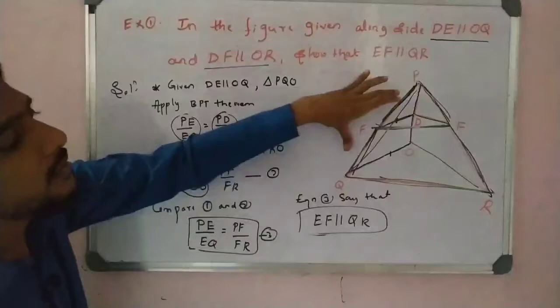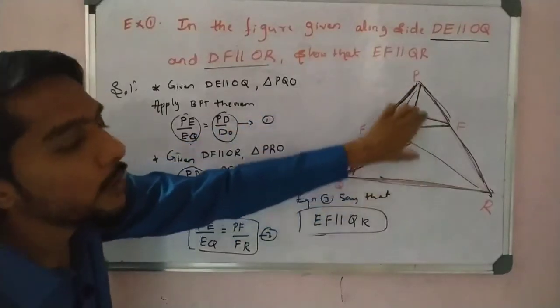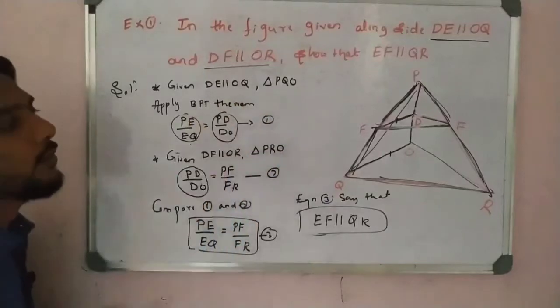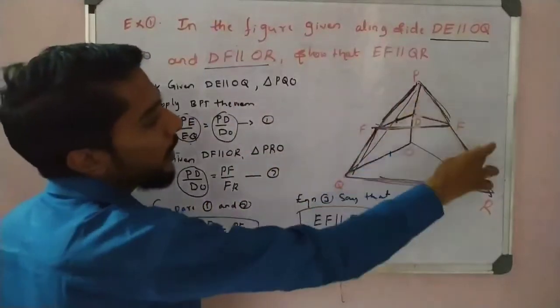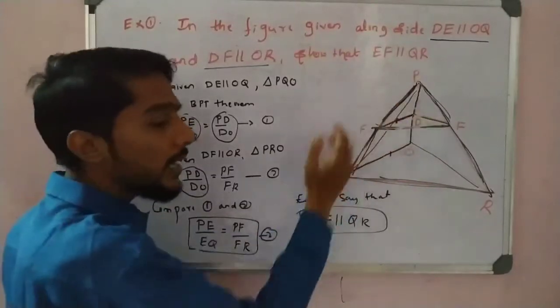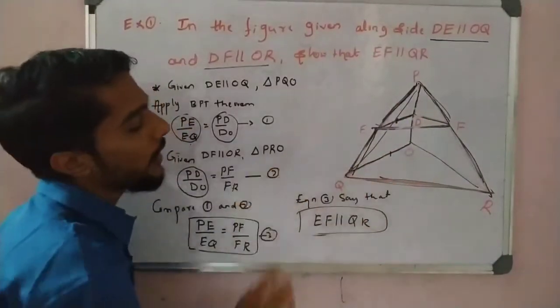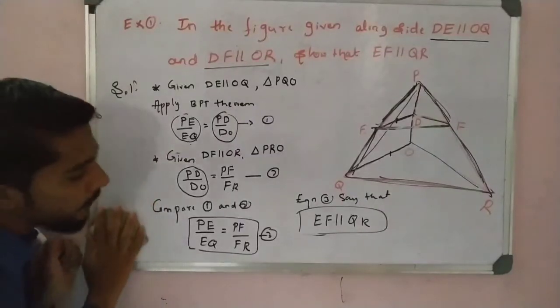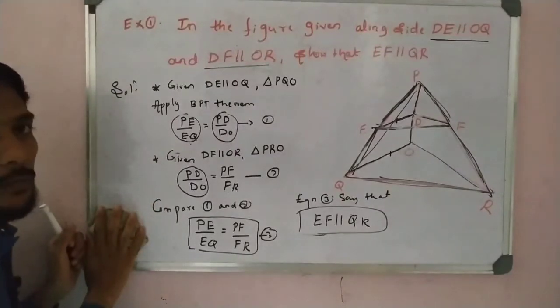If the sides are in the same ratio, then the lines are parallel by the converse theorem. By the converse theorem you can say that. If the sides are proportional, the lines are parallel. If the lines are parallel, then the sides are proportional, the reverse. So this applies here, right? Now take the next question, pause the video and write this down.